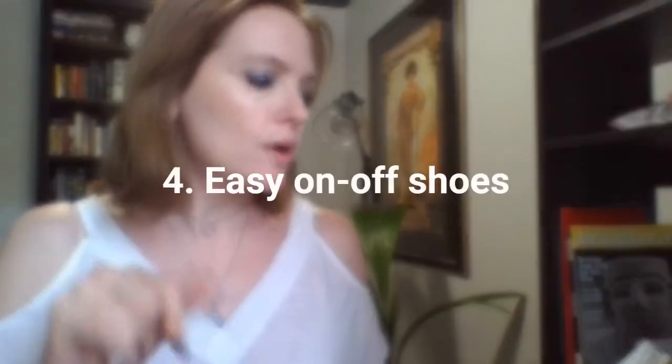You are also going to want to wear easy on and off shoes, something that maybe slips on and off. When I was flying back and forth all the time to and from the Middle East, what I would do is I would just wear flip-flops, to be quite honest. And then I would pack my socks, my fuzzy socks. I would take fuzzy socks in my carry-on, because when you're going through the scanners